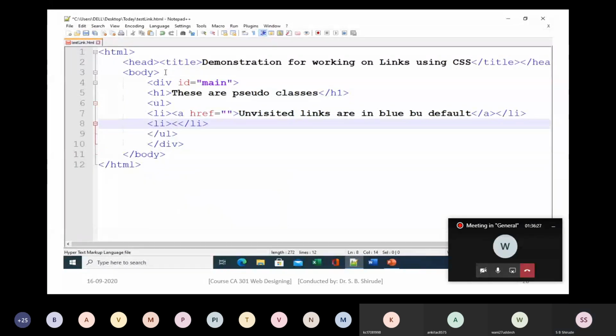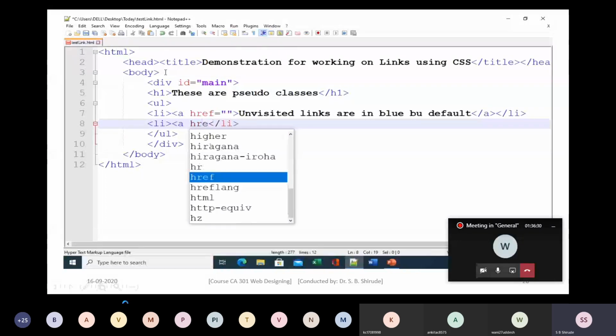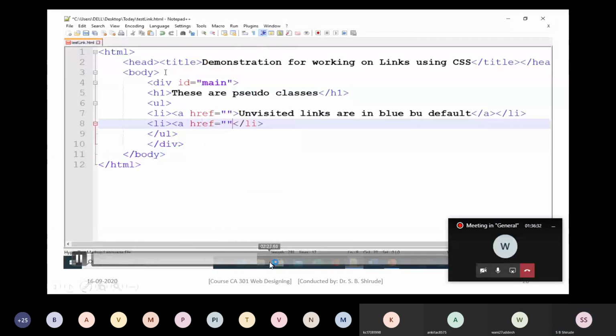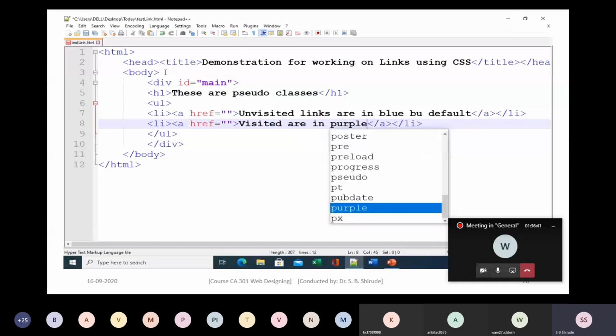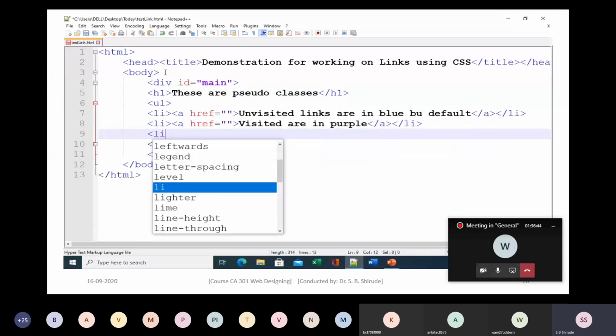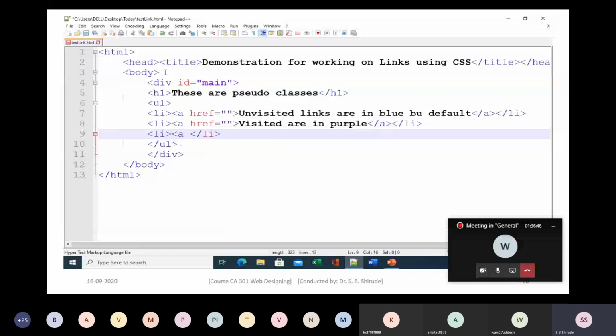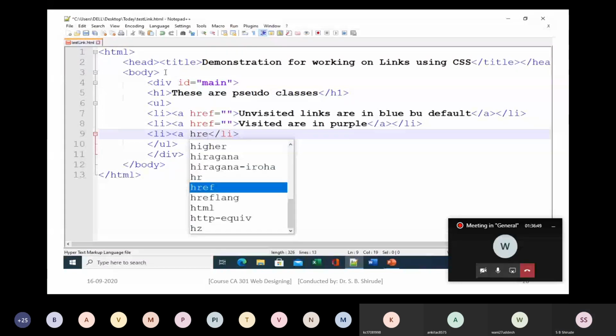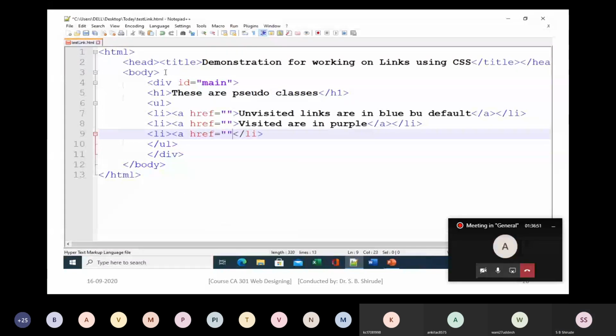Similarly, visited links are in purple color by default. Then active links are in red by default.